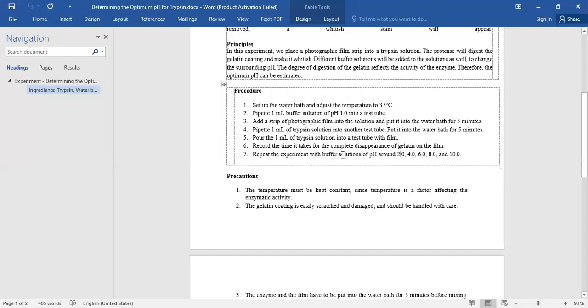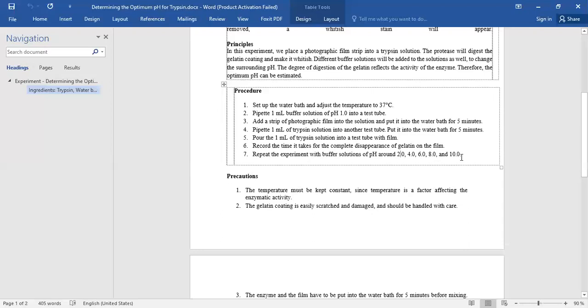If the color becomes white and it takes less time, then we can indicate that the best pH will be 2 or 3, or the pH can be 10. So we will perform this experiment for pH 1, 2, 4, 6, 8 and 10,